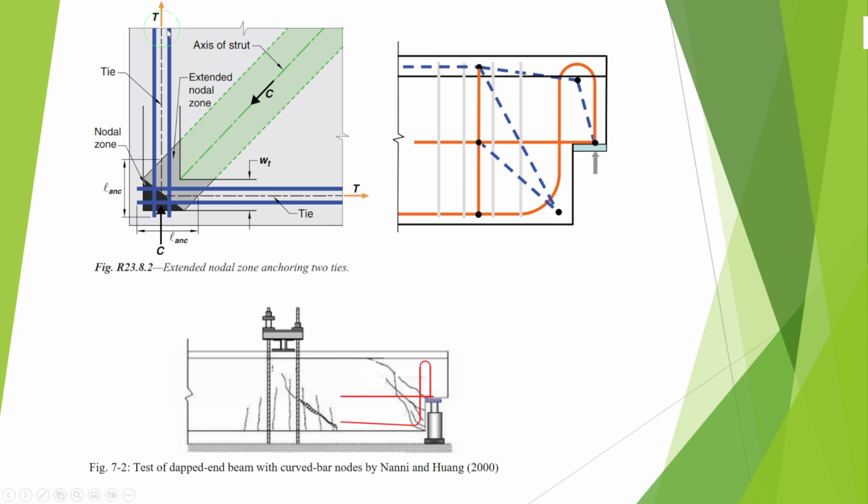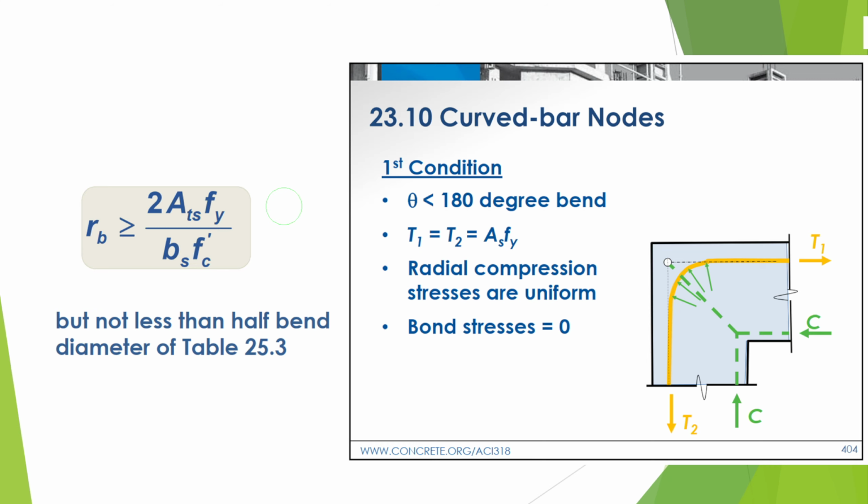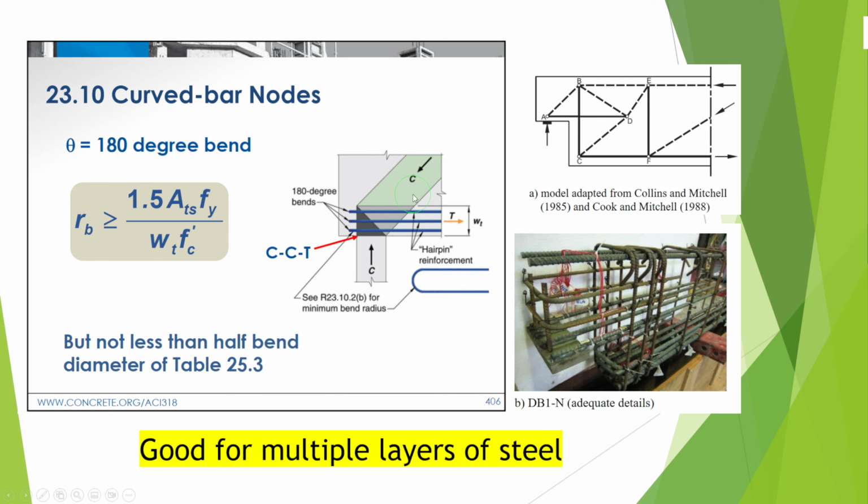Again, if we come here, for example, if this is one vertical tie and one horizontal tie, we can connect them using the curved bar, same like that. If we have two layers of ties, yes, also we can do the same. But if we have more layers, sometimes it's difficult, and at this time we can use hairpin, same like that. In fact, hairpin is suitable for